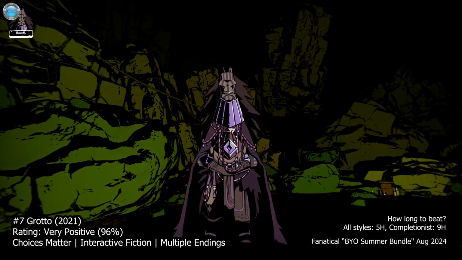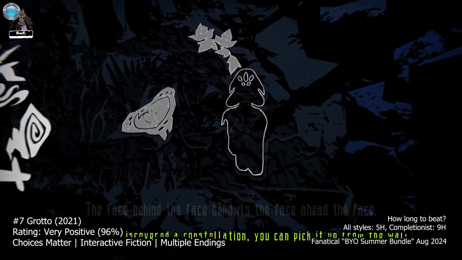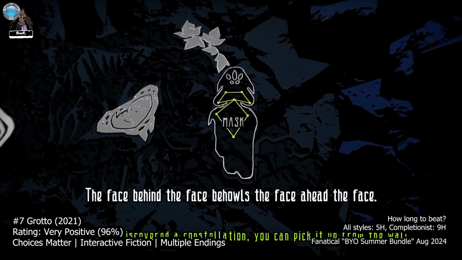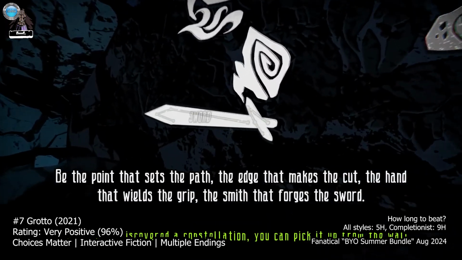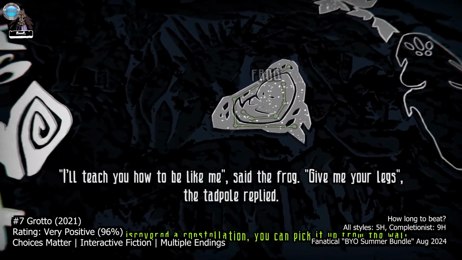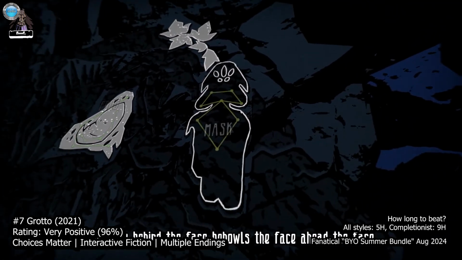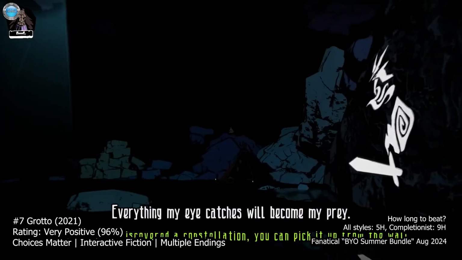And number 7 we have Grotto. Grotto is not your typical game. It's a unique narrative experience that delves into the complexities of language and the power of words. This mystical tale challenges you to navigate the intricate web of communication in a world where words hold immense power. Set in a dim cave inhabited by a solitary soothsayer,